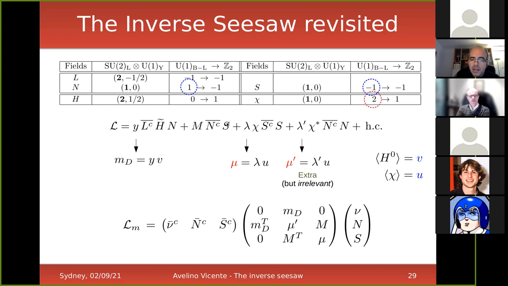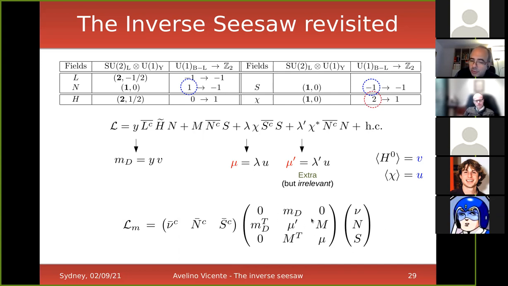You can write down a Dirac mass term between N and S, and you can write down 2 additional Yukawa couplings using chi. So these Yukawa couplings, when chi gets a VEV, will induce a mu parameter here. Okay, so mu will be basically lambda times the VEV of chi that I call u here. And you will induce an additional, extra mu parameter, I call it here mu prime, that actually will lead to a mass matrix. You have it here below with an additional entry here in the 2x2 element.